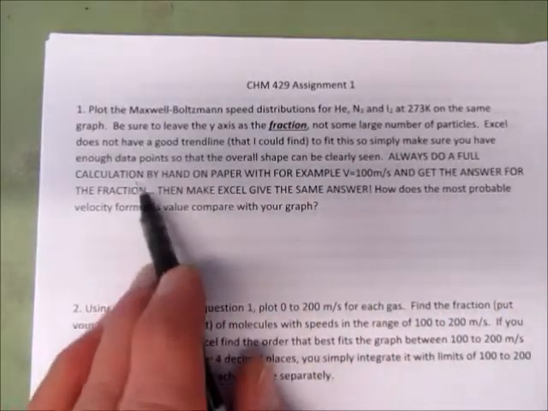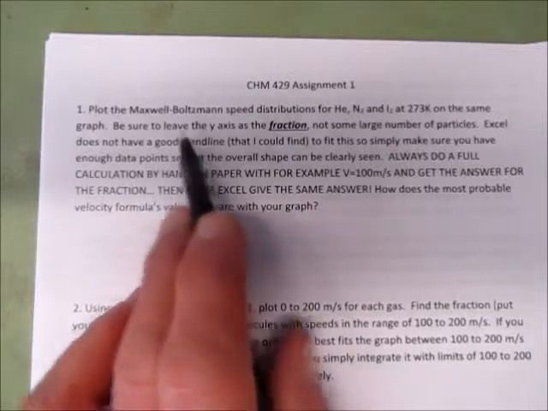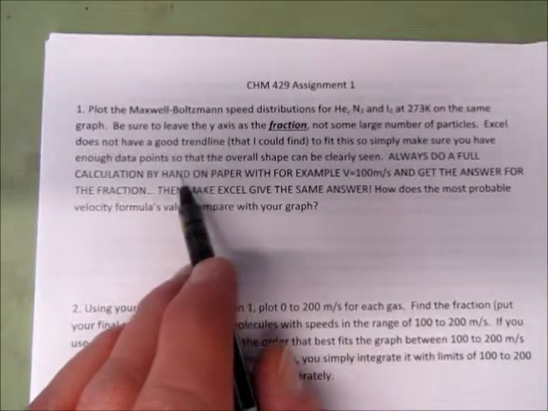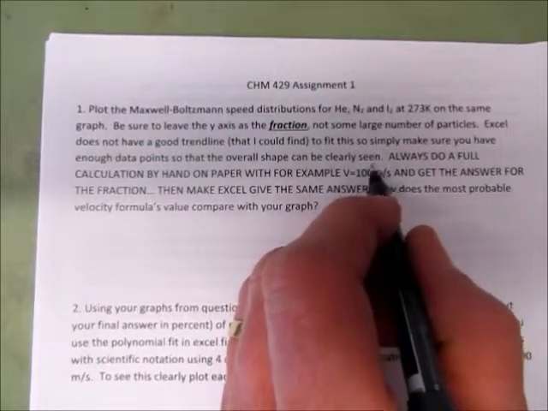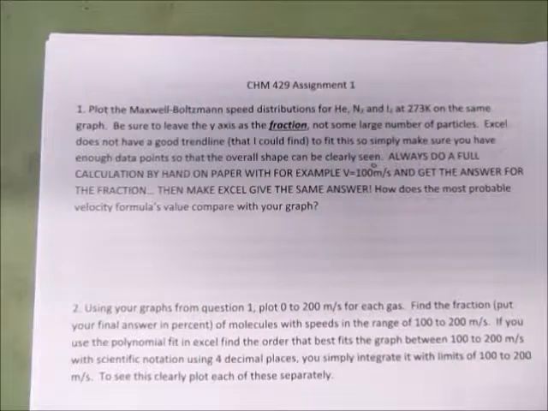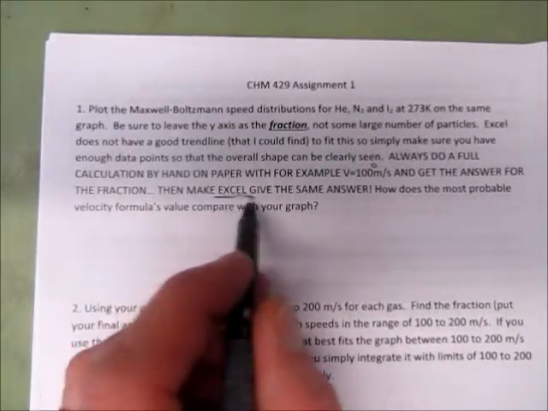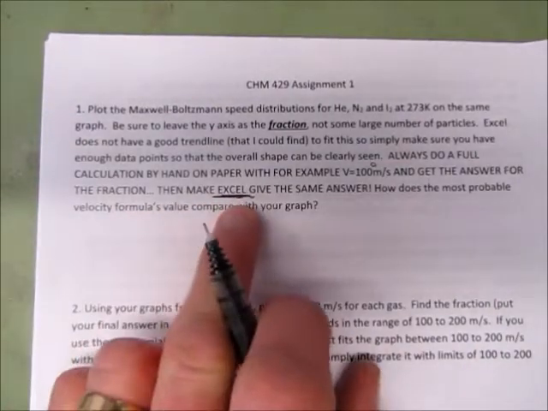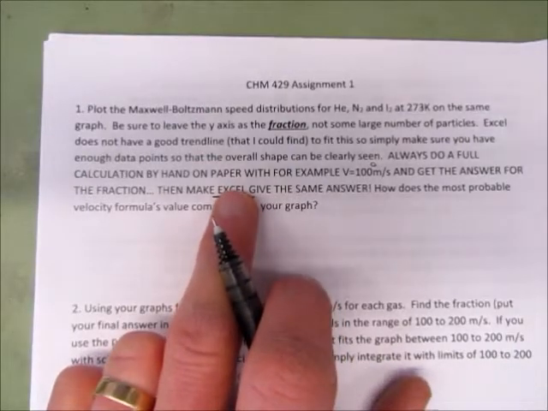You always do a full calculation. There are 2 popular equations for the Maxwell-Boltzmann distribution. Do one by hand on paper. This one says 100, but I think the one I'm going to choose is 1,000. I'll show you the answer that you get, and that's how you make sure that the way you typed the calculation into Excel is correct. So the one thing I wanted to show you first was